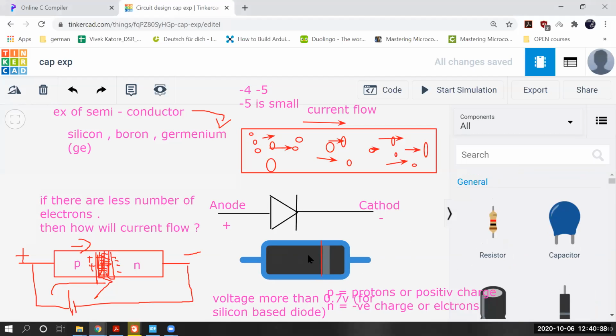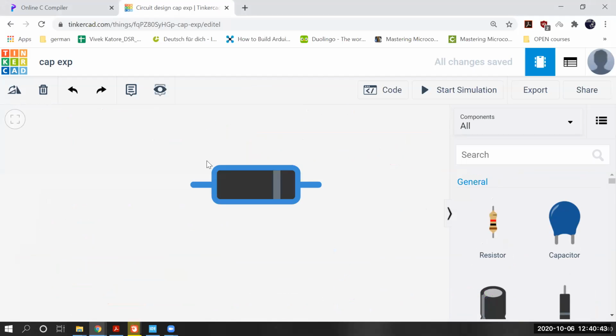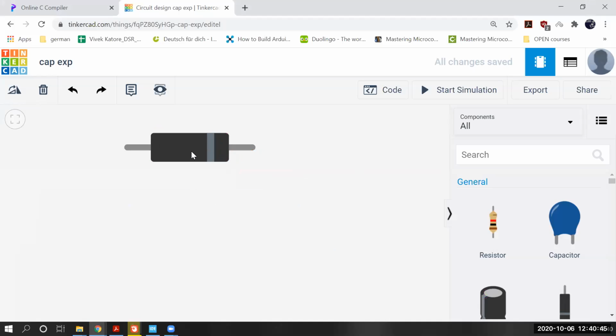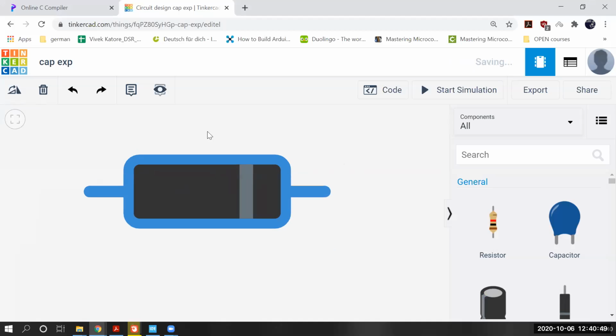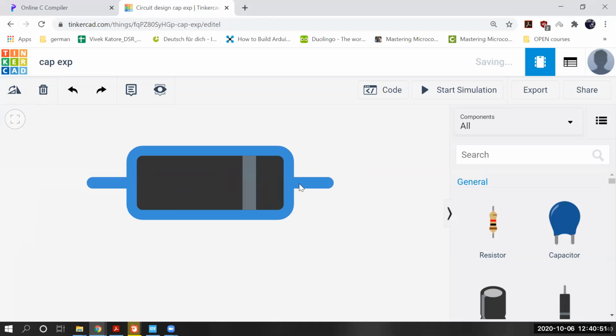So anyways, now I will just clear everything. Now let's talk about the working part. What exactly is the work of this? Basically, it is used for protection.